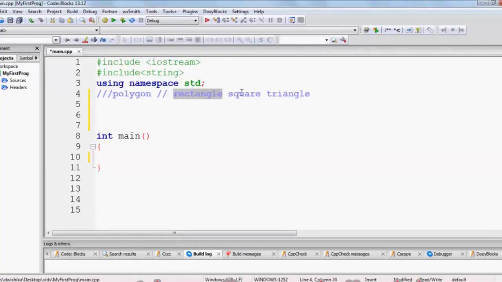Okay, so height and width are common to each polygon, but the calculation of area for each polygon is different, right? So what we can do is define a class which has width and height that we can reuse in other classes, for example rectangle, square, triangle, so that it will reduce our code writing, and we can reuse the width and height in our polygon class. So let's see how we can define